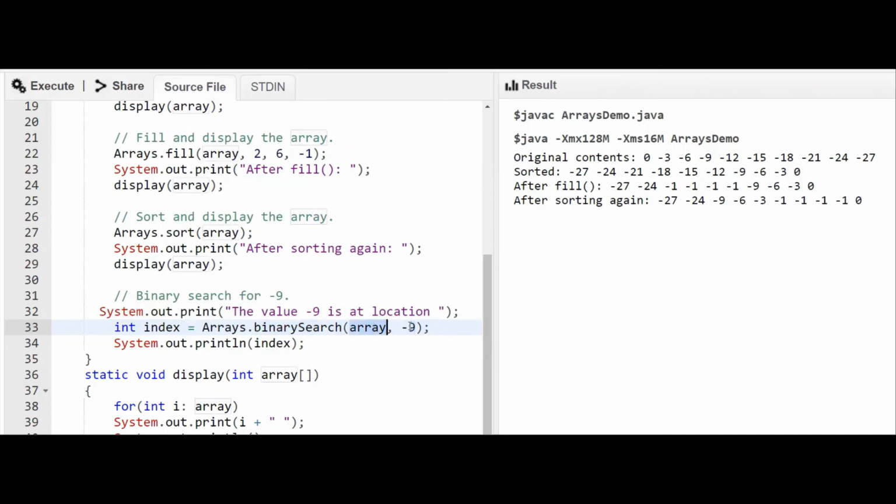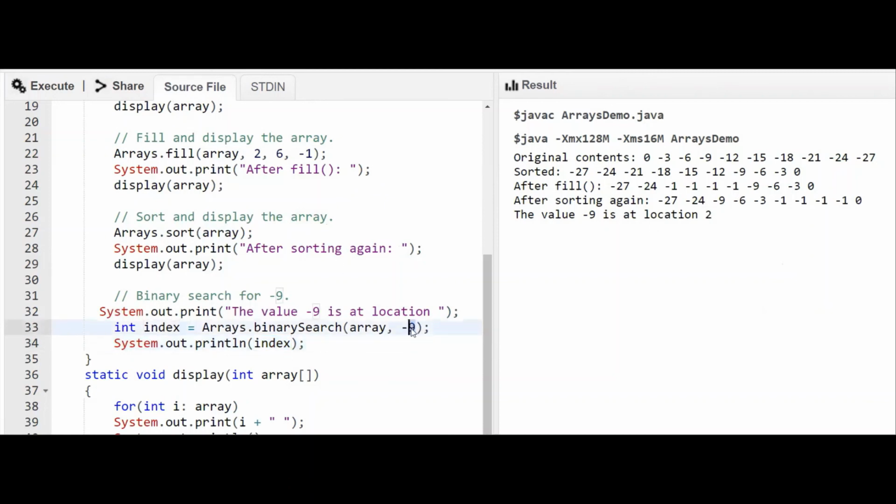So in the array we are searching for -9. If -9 is found, its index will be returned, and that index will print over here. See here, the value of -9 is at location number 2. Location number 2 means the index 0, 1, and 2.